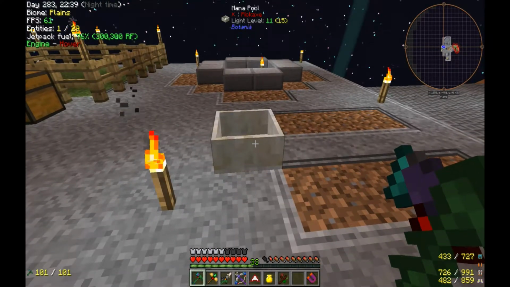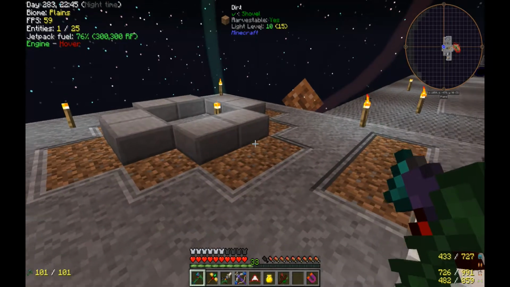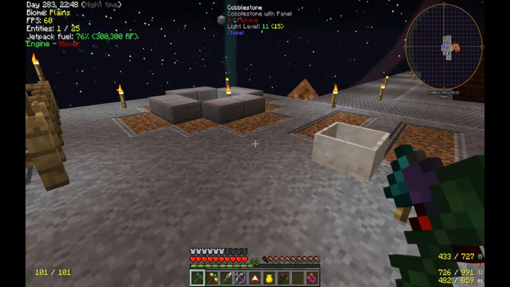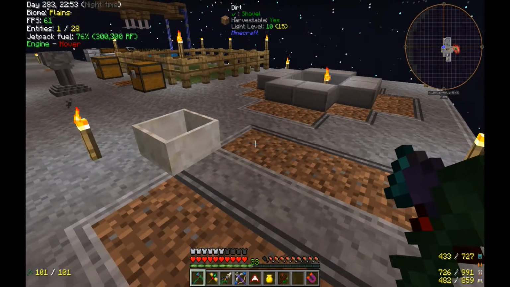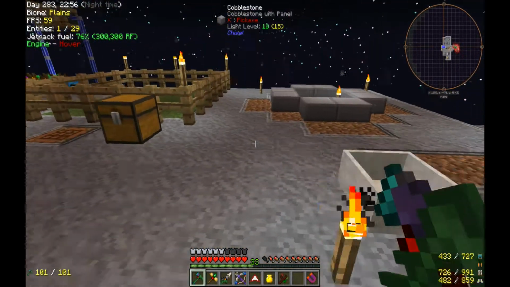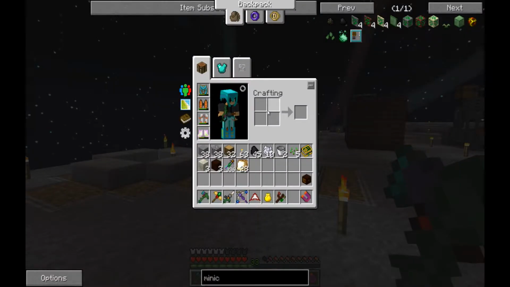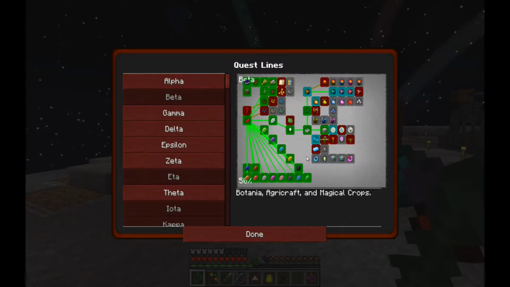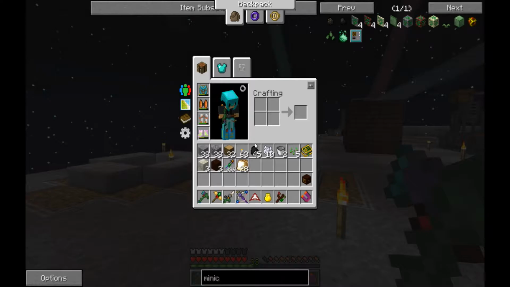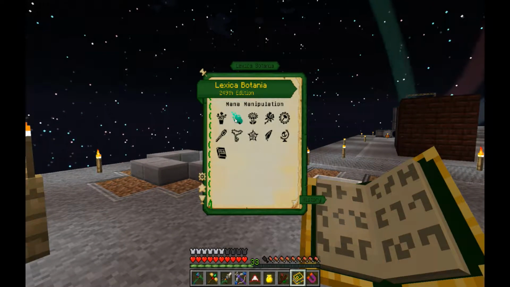Now I think most of the plants, actually most of the flowers, do decay over time. So what needs to happen is you need to keep an eye on it. Otherwise, it will definitely break after a while. It'll turn into like a twig and stop generating mana. So you will have to craft those a few times, which is all right. It makes sense. All right, so let's go ahead and look in our Lexica Botania and see what types of